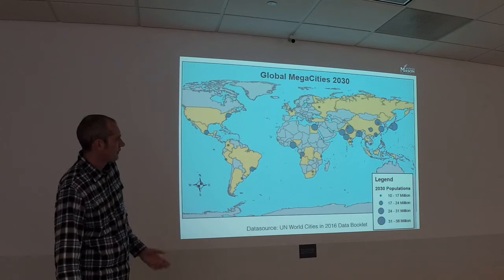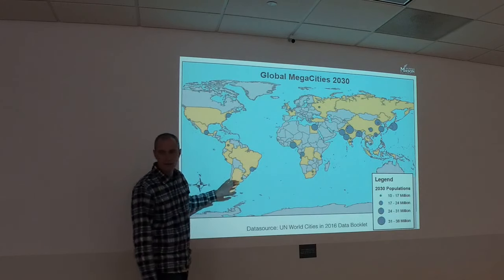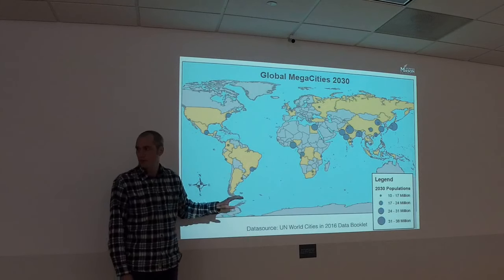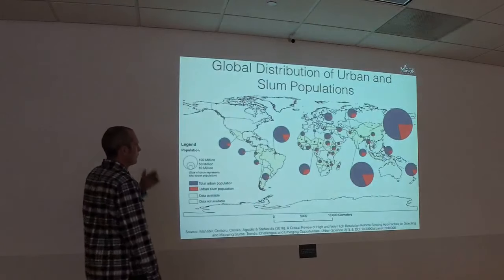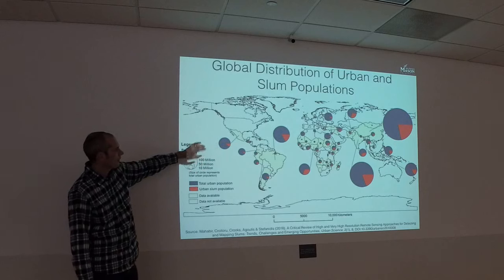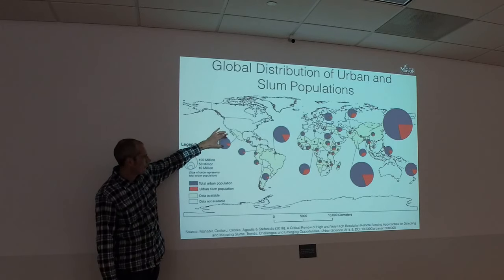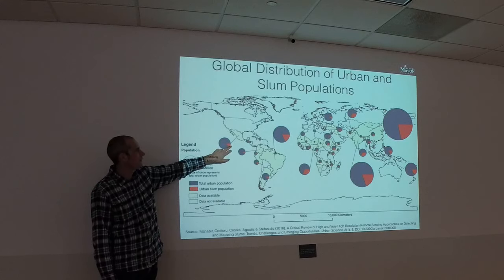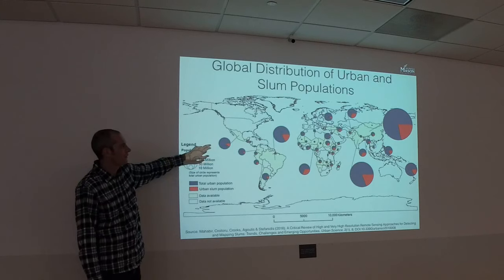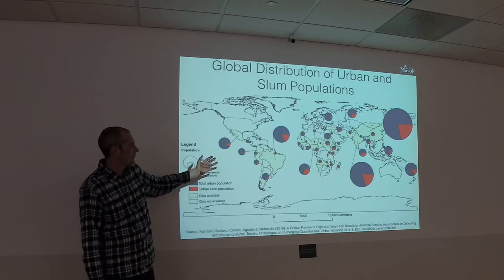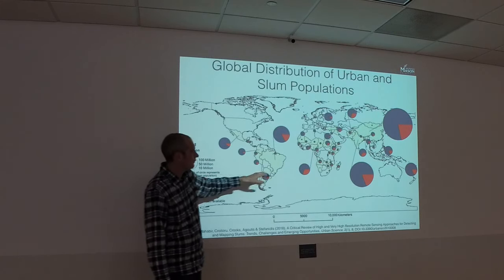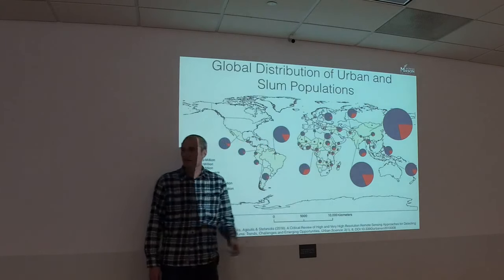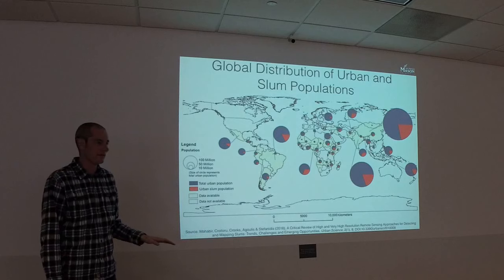But megacities are constantly growing. If you look at where most of these large megacities are going to be growing, they're in less developed countries, right? These are also homes where the vast majority of slums are located. So if you look at this map here, you've got the urban population, and in the red is the percentage of the urban population that live in slums. You can see a lot of countries in the less developed world have major slum populations. Of course, we don't have data on some areas. Don't think there are no slums there; as I said, we just don't have data on slum population in those areas.